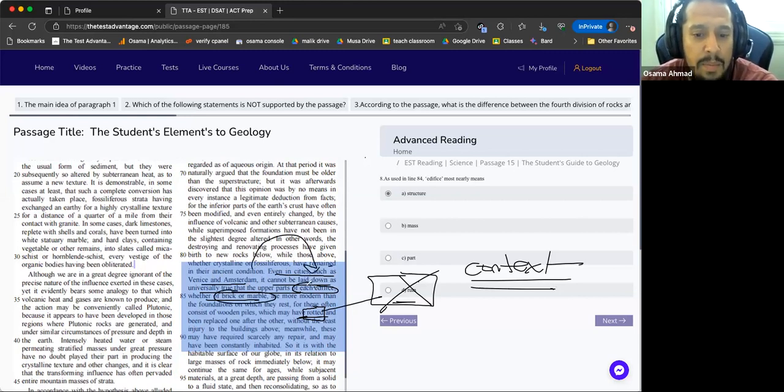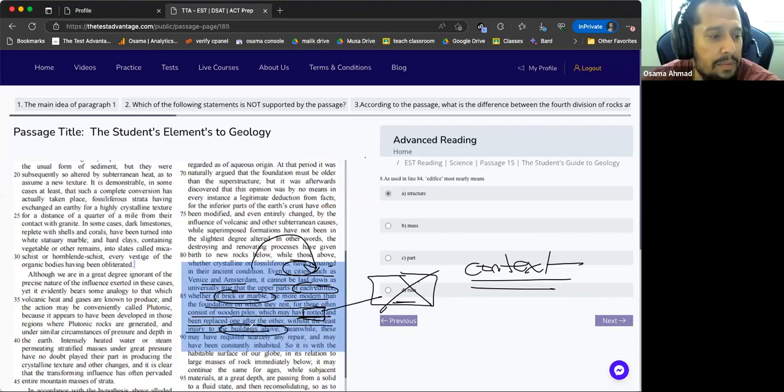وبيقول لك the edifice ديت بنلاقيها فين؟ بنلاقيها في cities. So what could it be? Are more modern than the foundations which they rest, for these consist of wood piles which may have rotted and been replaced one after the other without the least injury to the buildings above. No, it's not ruined للأسف.